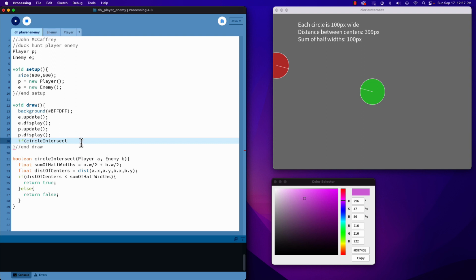So when we call the circle intersect function, we pass to it the 2 items we're looking for. In this case we'll go P, comma, E. So if circle intersect is, and when we want to ask that question, we use 2 equal signs. We use a single equal sign when we're assigning a value. So if circle intersect is true,